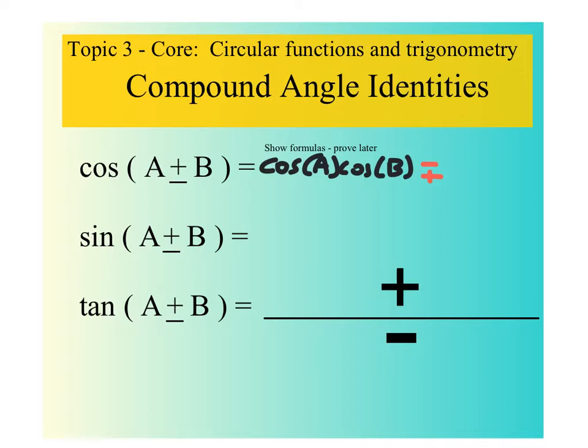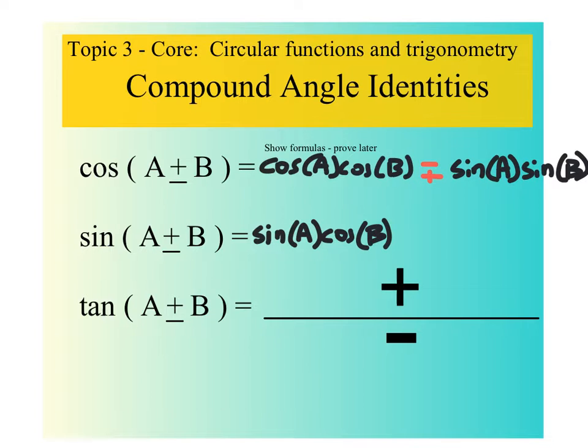And then I have sine of A, sine of B. Okay, that should be a review. Same thing for this: sine of A, cosine of B. Sines will stay the same this time, as whichever one is present. And sine of B,